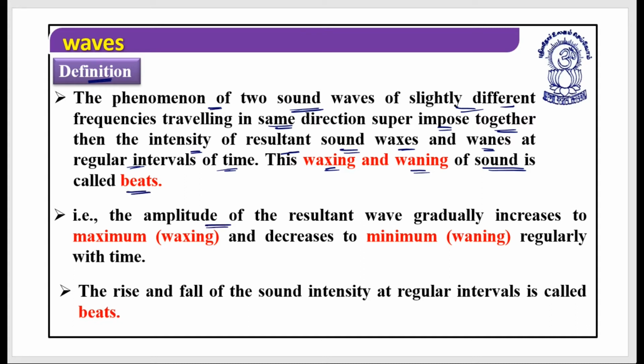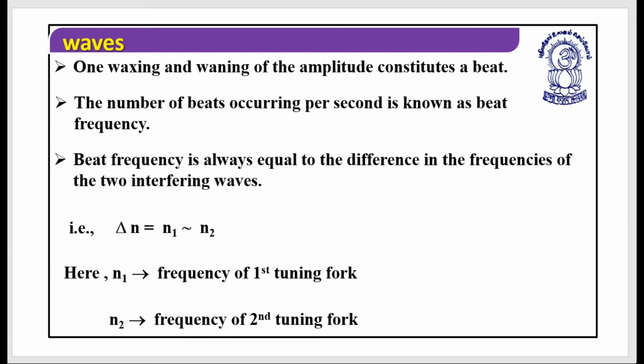So basically it's the amplitude of the resultant wave that gradually increases to a maximum, which is what we call waxing, and decreases to a minimum, which is what we call waning, regularly with time. This rise and fall of the sound intensity at regular intervals is what we call beats. I hope this is clear. So let's look at this. One waxing and waning of the amplitude constitutes a beat, and